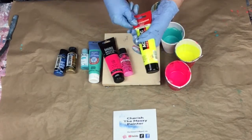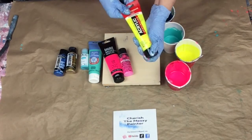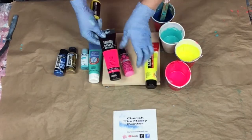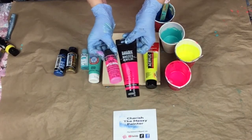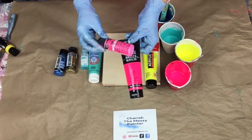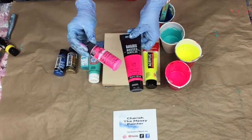I will put a link to which painting that was where it sunk in. It still looks really cool at the end, but it definitely did not dry as bright as I wanted it. And then I'm using this. This is Liquitex Basics Acrylic Fluorescent Pink, and a few drops, actually almost half the bottle, of this Folk Art Bright Pink. This is satin acrylic paint by Folk Art,